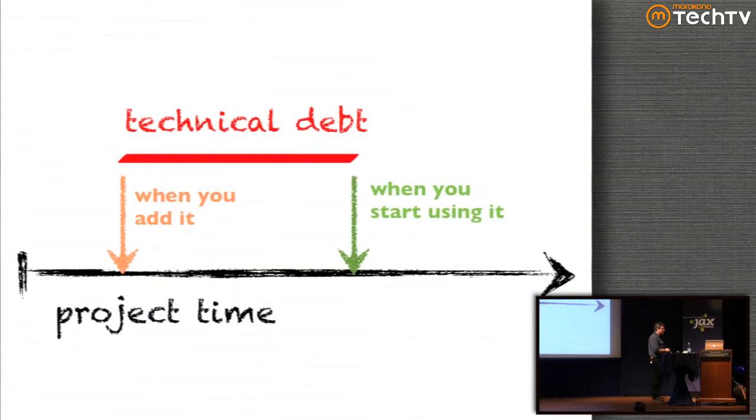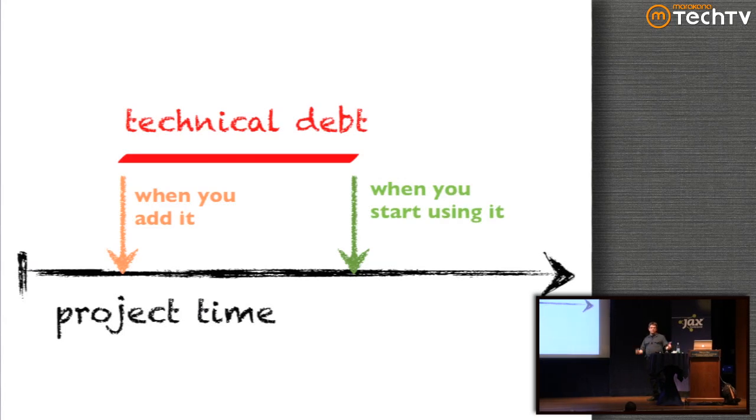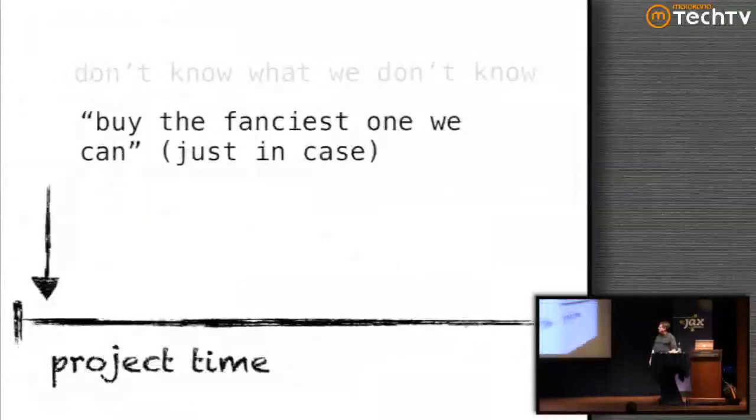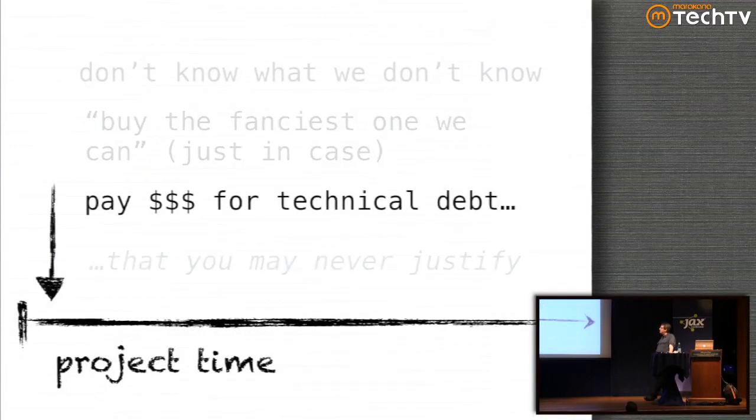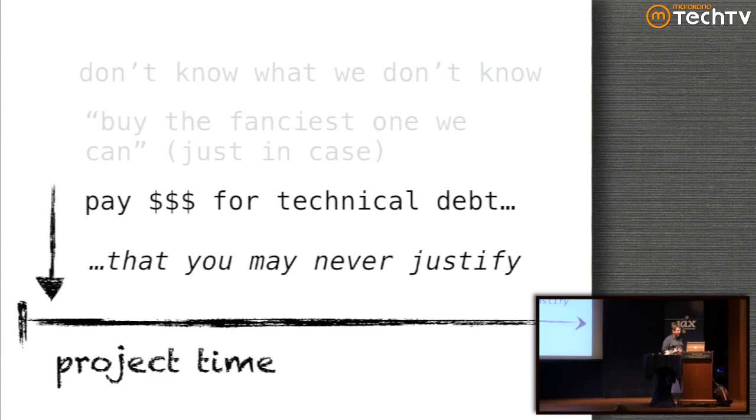But I talked about this before: when you do that, you basically take on a bunch of technical debt that you don't start paying back until you start using all those advanced features. The problem, though, is you don't know which of those advanced features you're eventually going to use, and so in a lot of cases, organizations end up paying money for technical debt that they never justify. They never end up using that advanced feature, but they always end up working around it every time they touch this tool, which is just the definition of technical debt.